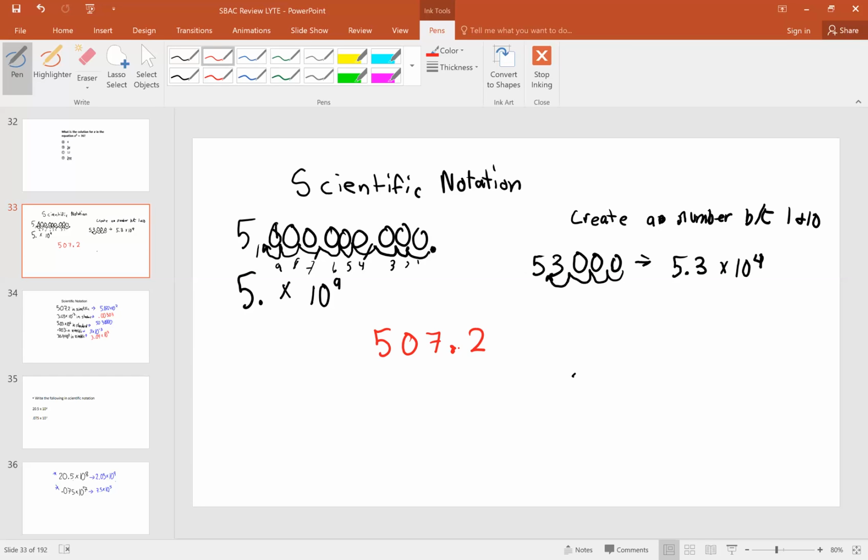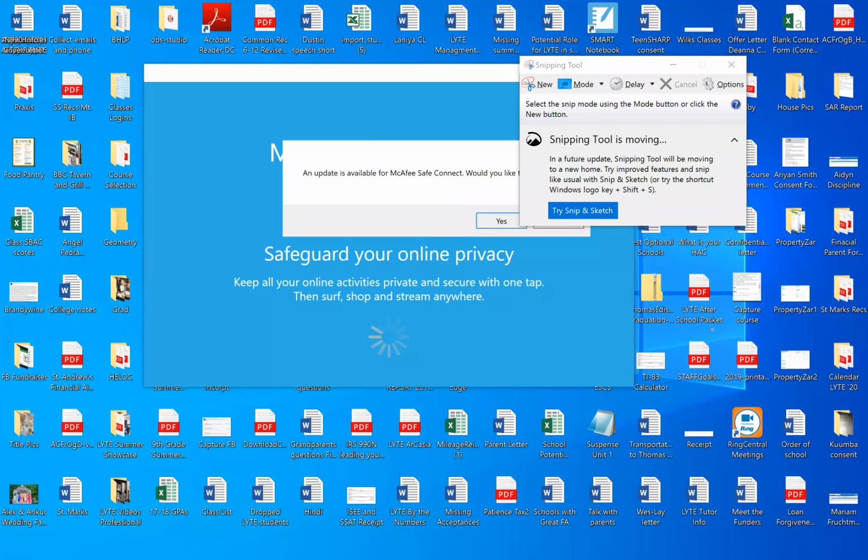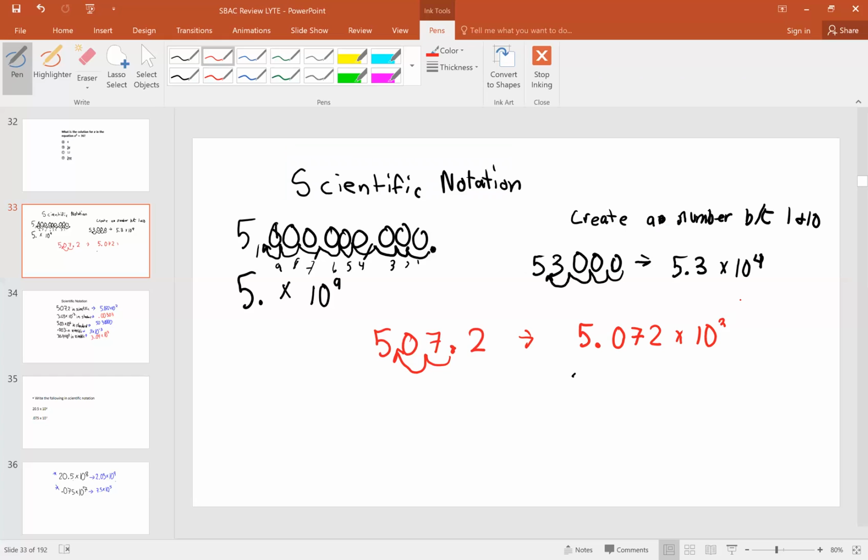What I would need to do is move the decimal over to make sure this becomes a number between 1 and 10. So let's think about how I could make that happen. To get this between 1 and 10, I would go 1, 2, and that would be 5.072 times 10 to the third,